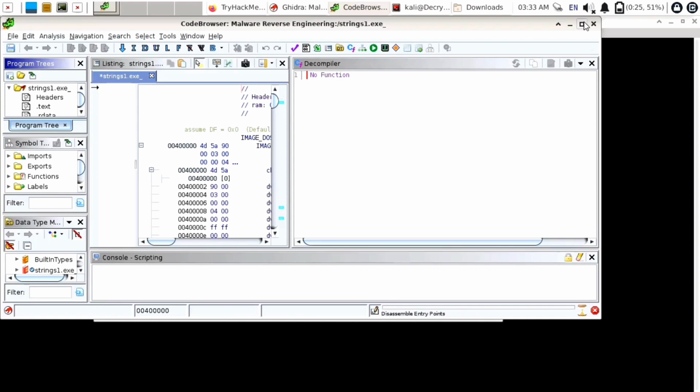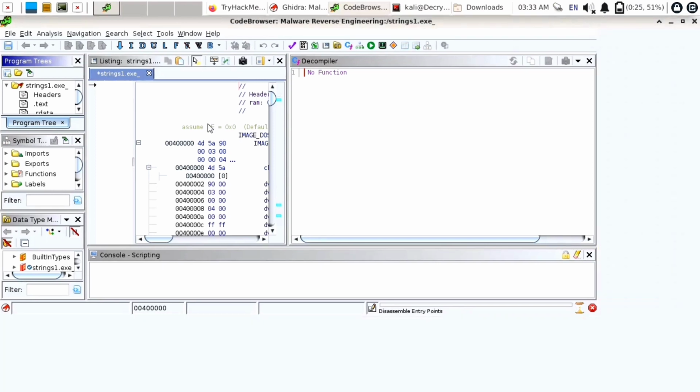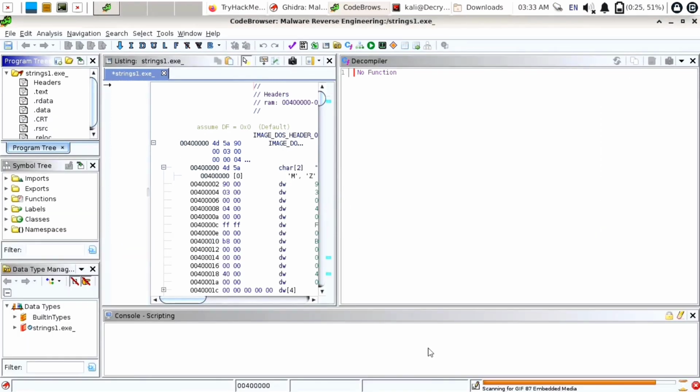Okay, it has started analyzing our file. You can see it in bottom right corner. So it is showing progress of this analyzation. So just wait until everything gets analyzed, and we need to find a main function where we get proper information about this malware. To find main function, you just need to expand functions folder here. So function folder contains main file.